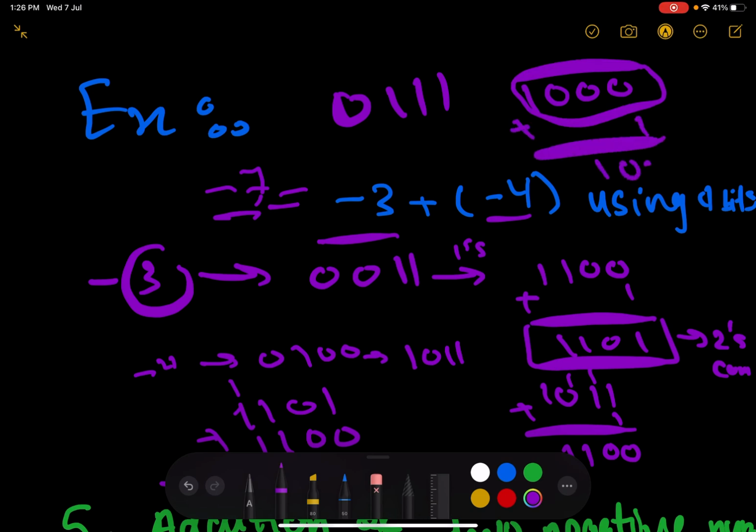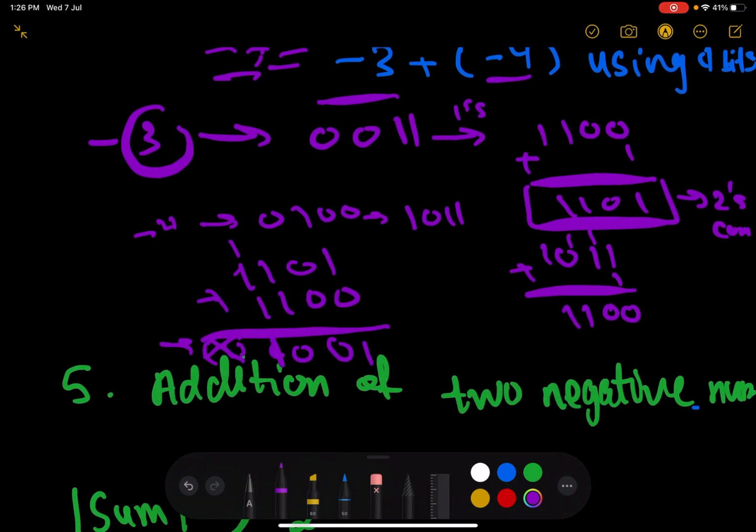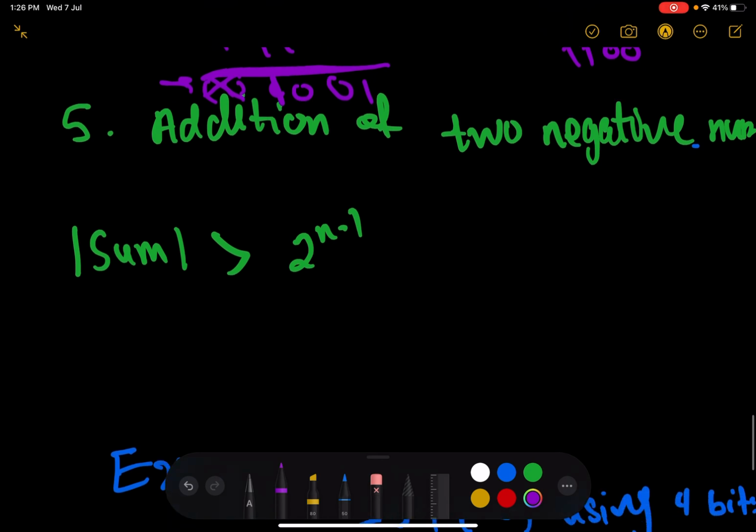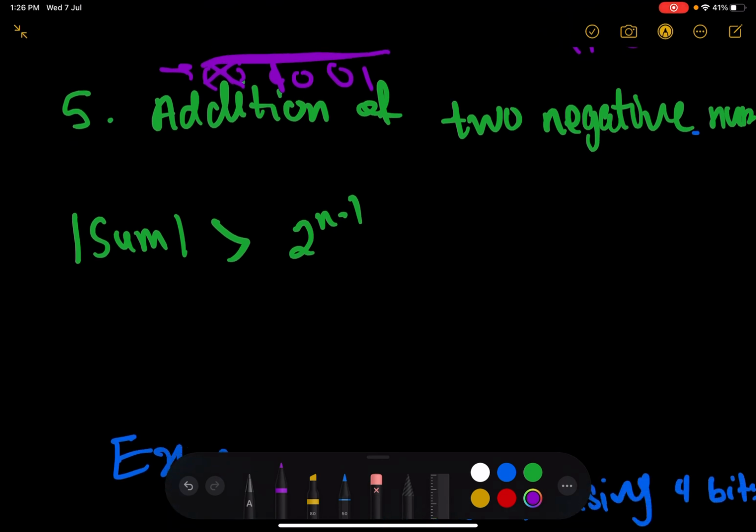You will get 1 1 1 0 0 1. So here's our twos complement, and they are the same when ignoring the carry. So the answer is correct. There is no overflow. For the last case, adding two negative numbers, and then the sum, the absolute value of